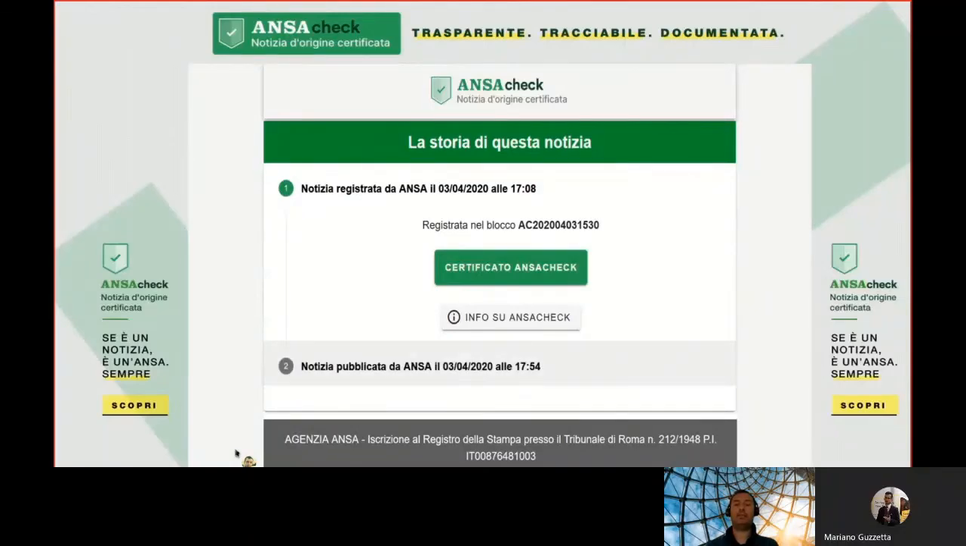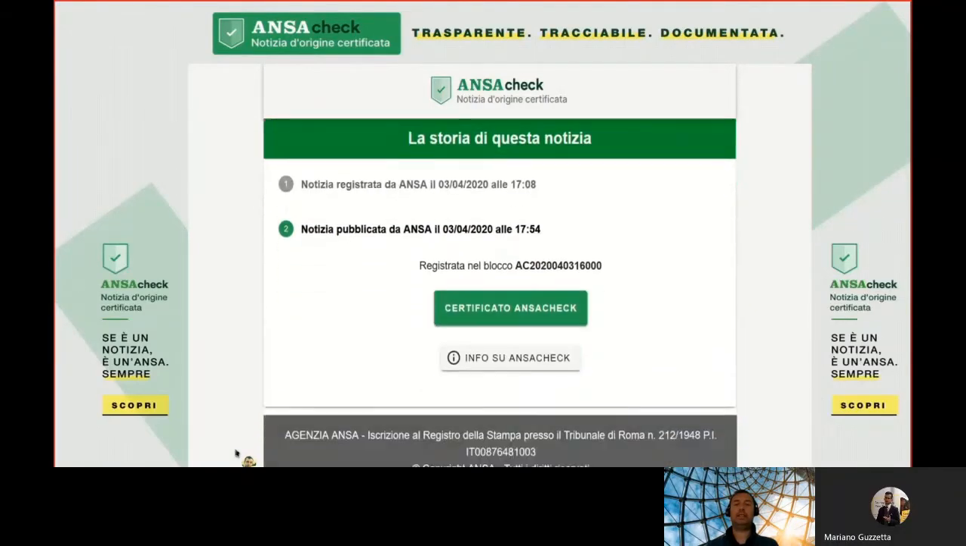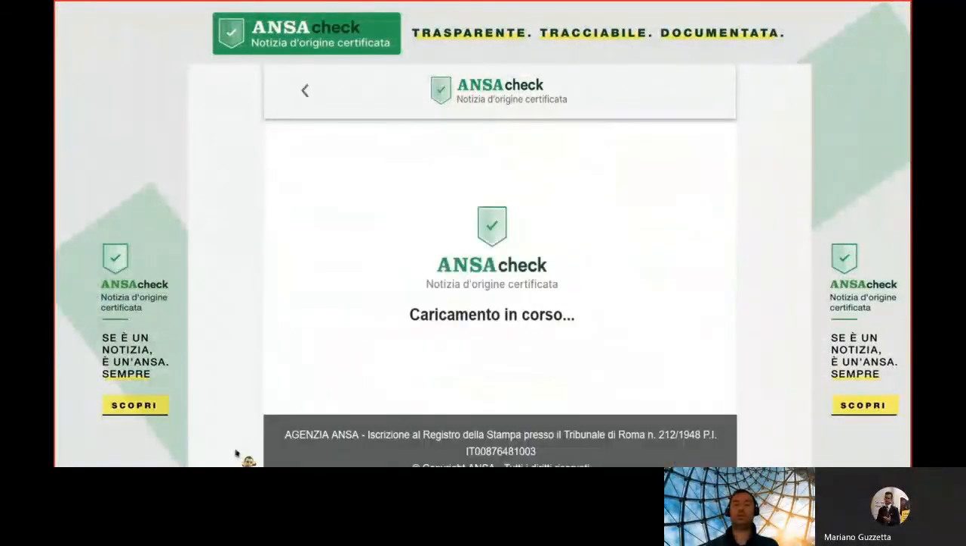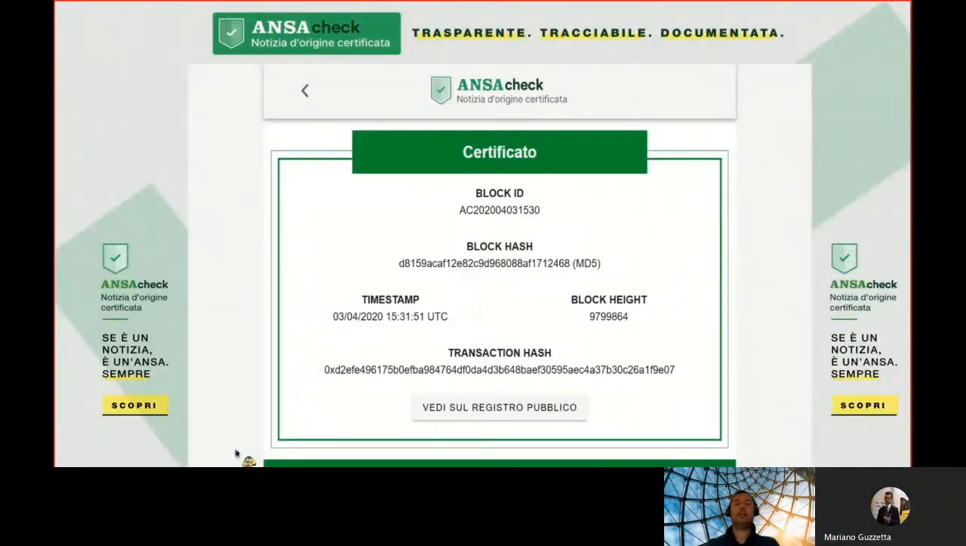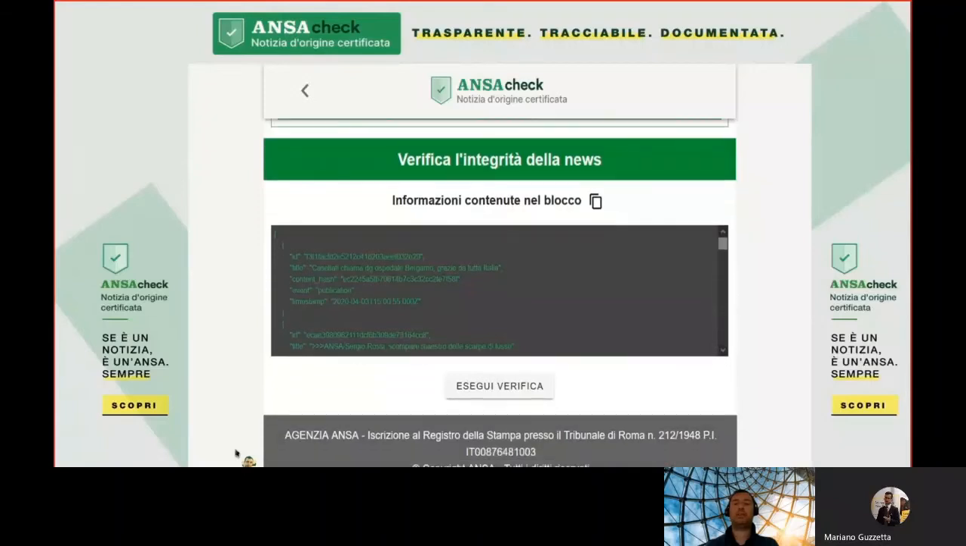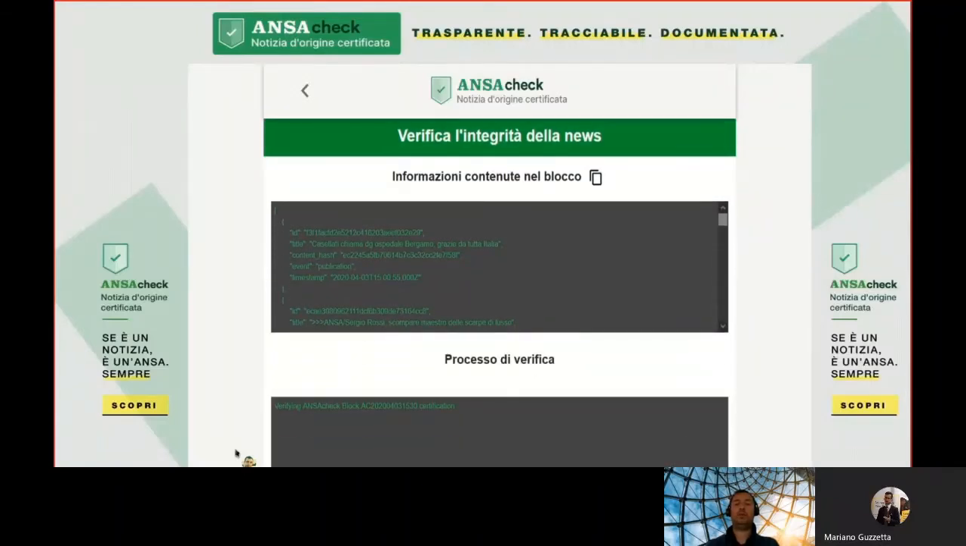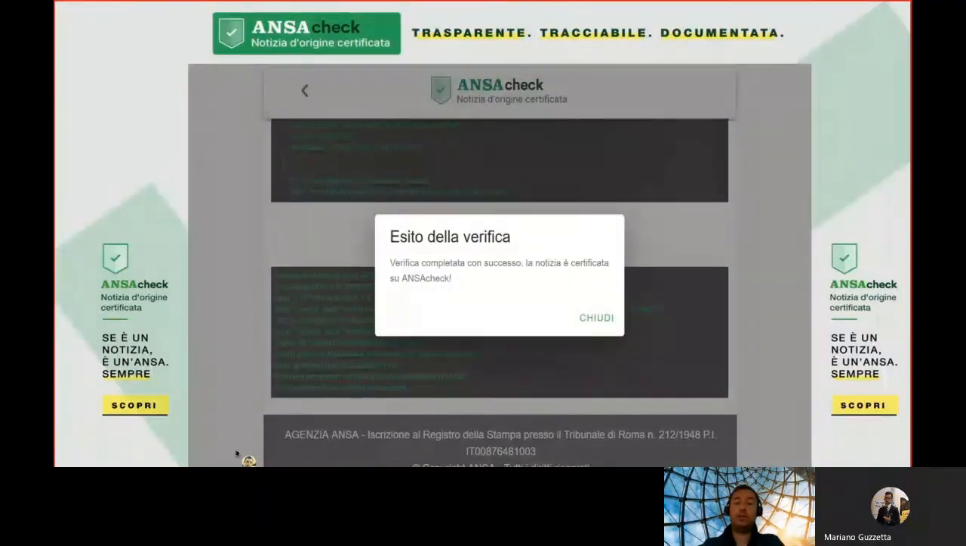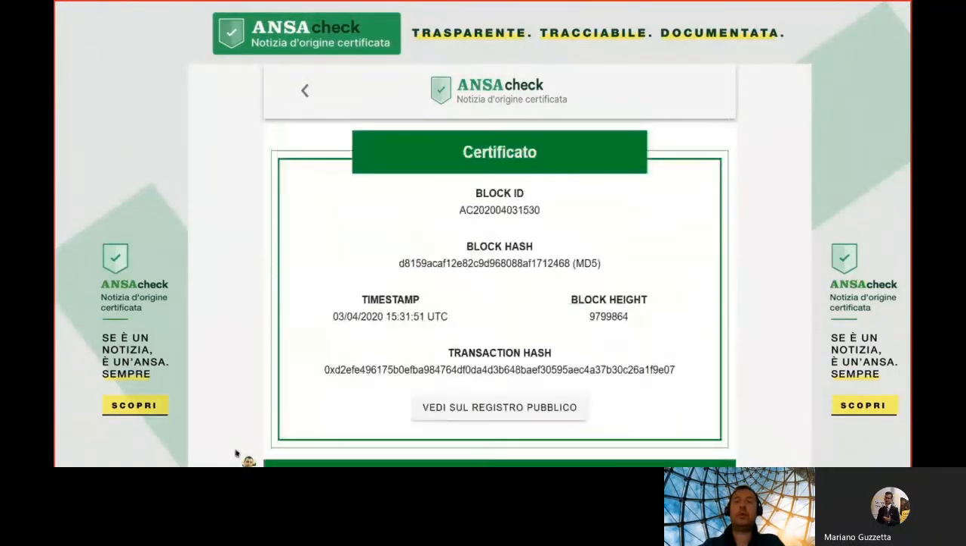and check with the real-time control the text or part of this text if it's the same as the news registered on the blockchain. And the blockchain certificate can show the block ID, the block hash, the timestamping, and as I said, to verify the integrity of the news. It's possible not only to see and to check all data of this news, but also a part of this text. Obviously, the solution linked a wallet named with the ANSA reference to the mainnet of Ethereum in order to prove